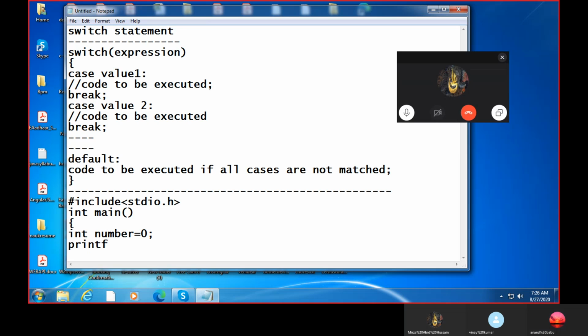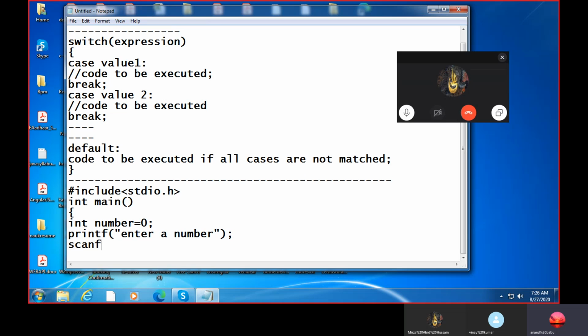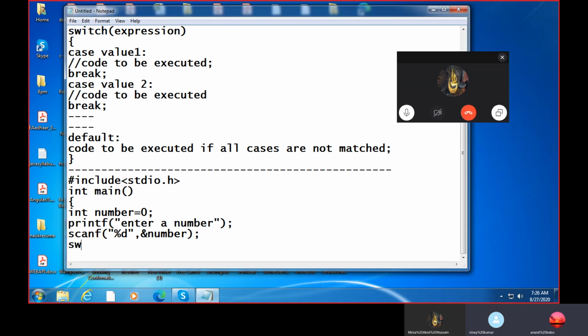Printf, enter a number. Scanf, ampersand number. Next, switch of number.